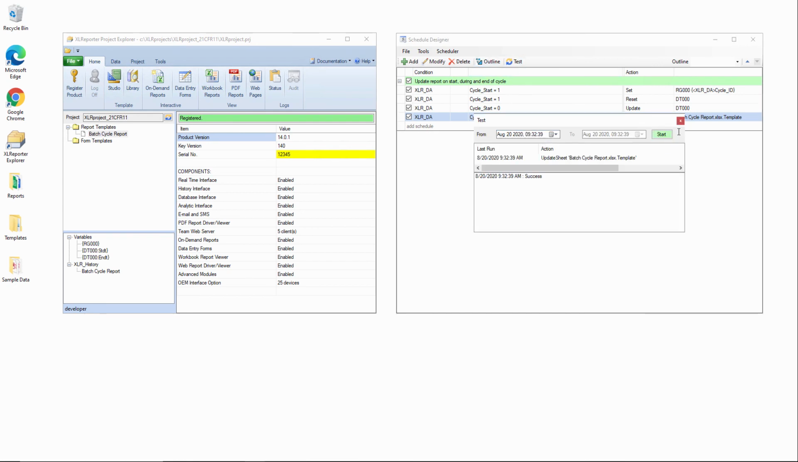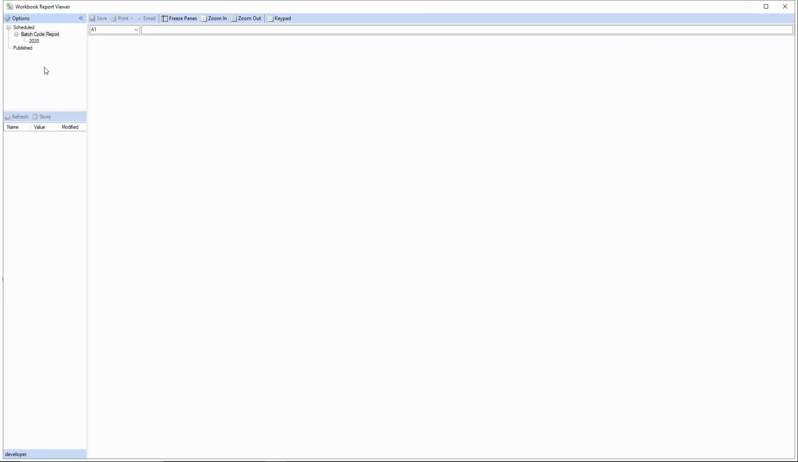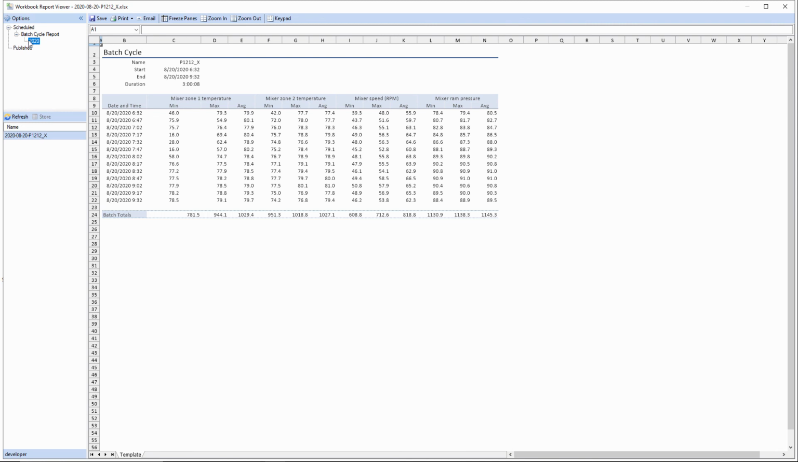And again, normally this would be happening automatically based on the values transitioning in the PLC. Just for the sake of the workshop, I'm going to step through it manually using the test function. But at this point, we should have a finished report in the output. So we have a 2020 folder here in our output. We've got a file with the cycle ID, which right now is